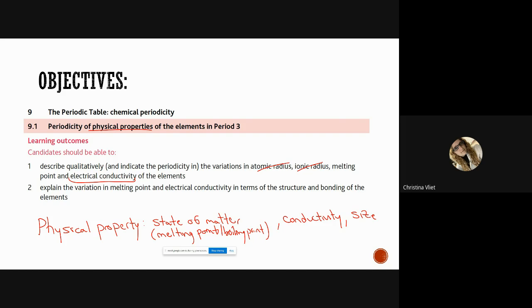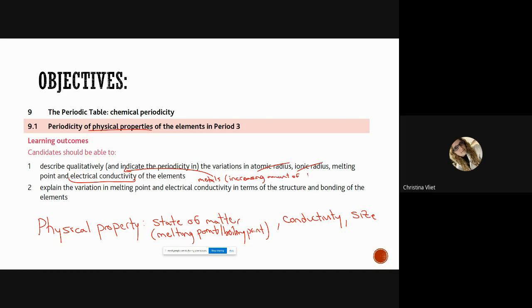What elements are electrically conductive? We know that the metals are electrically conductive. Do we know something that increases their electrical conductivity? Do you remember? I taught it in the lesson, so maybe you don't. What increases the electrical conductivity? The amount of what? Valence electrons. So we would be looking for an increasing amount of